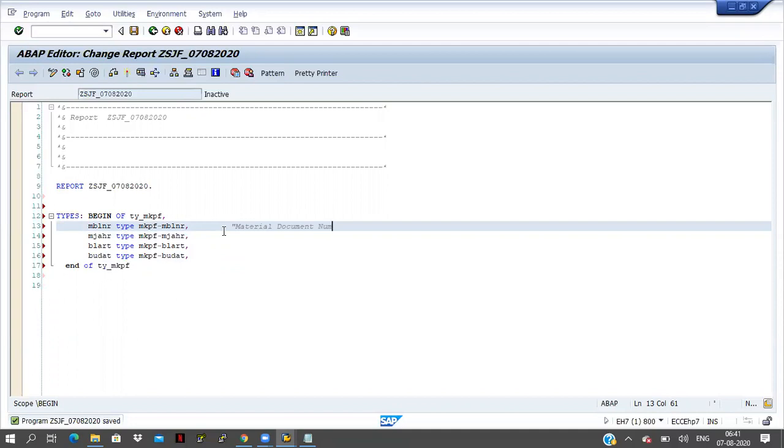Material number means just the material, something like a mobile, as we would call it in normal terms. But in SAP terms we have to give a number to that material. That is the material number. Material document number means, as I just discussed, whenever the material is coming, we have to maintain how much information is coming.